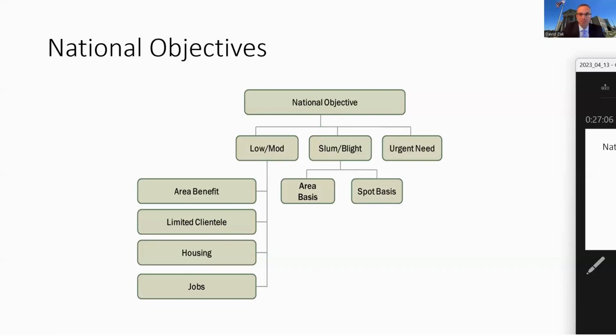Slum and blight is like housing that's vacant and really an eyesore, empty buildings, that kind of thing. And we're really talking about low to moderate income. So any community development project that you want to fund, with infrastructure, quality of life, et cetera, anything that you want to fund, you have to check one of these boxes. So we were just getting into what qualifies as impacting positively folks with low to moderate income. The federal government chops up